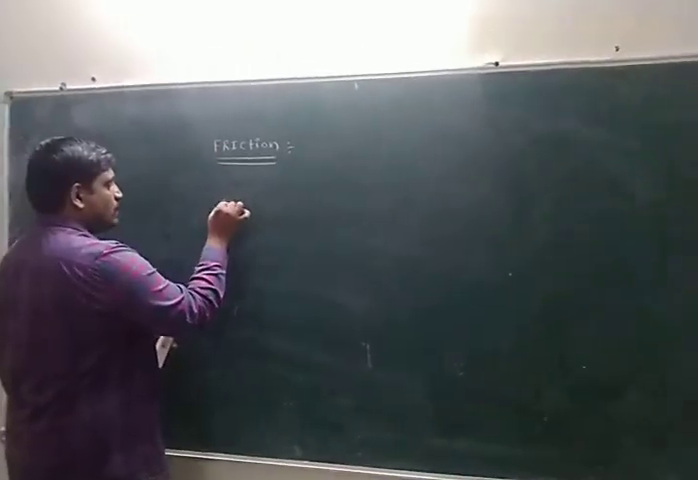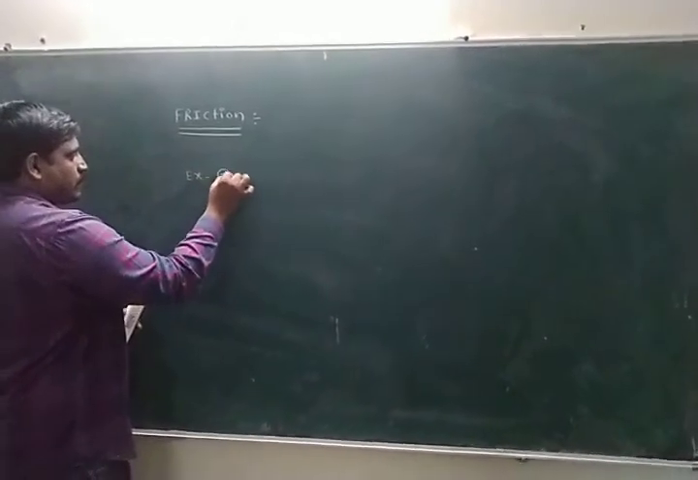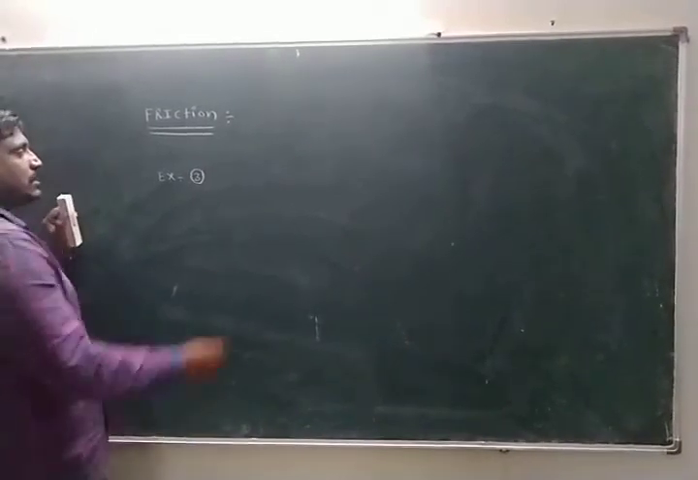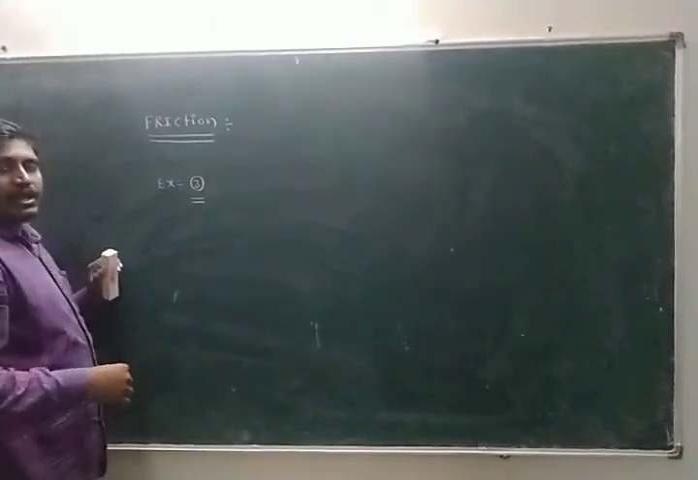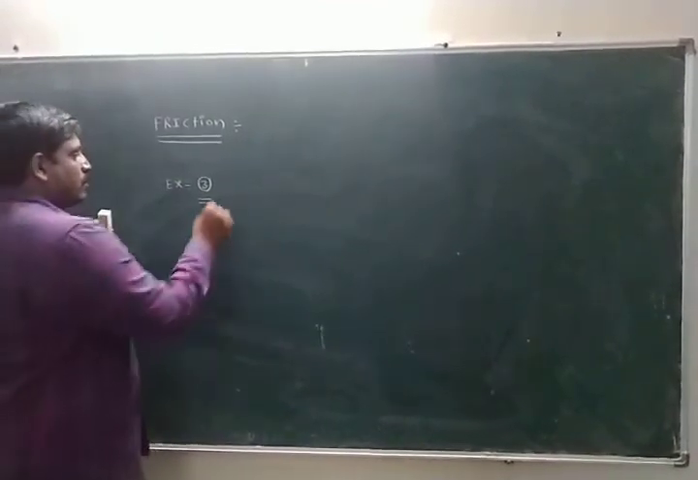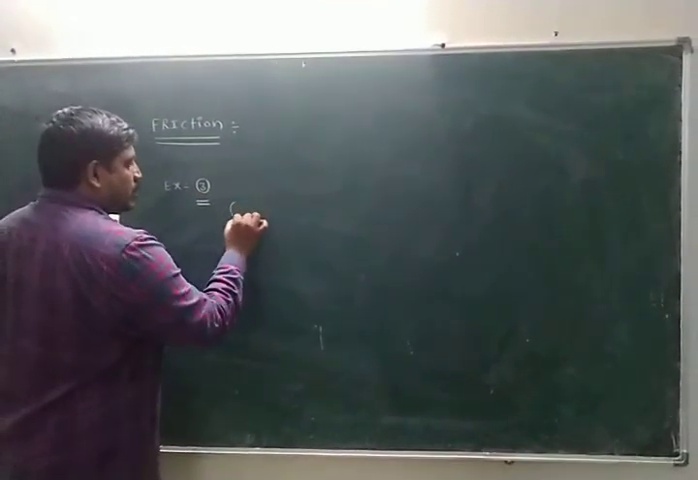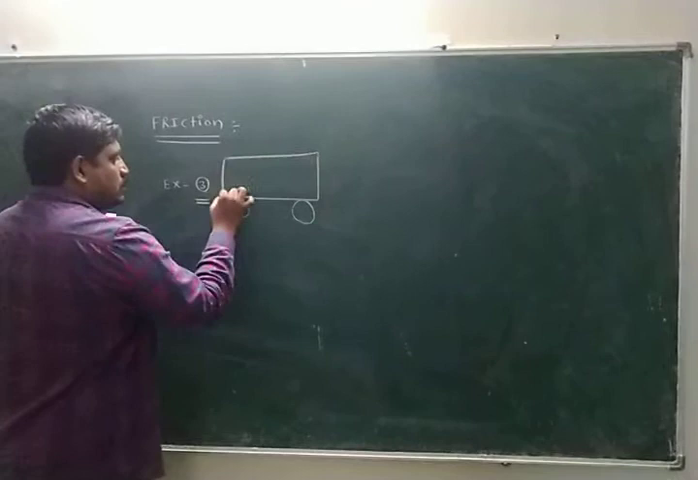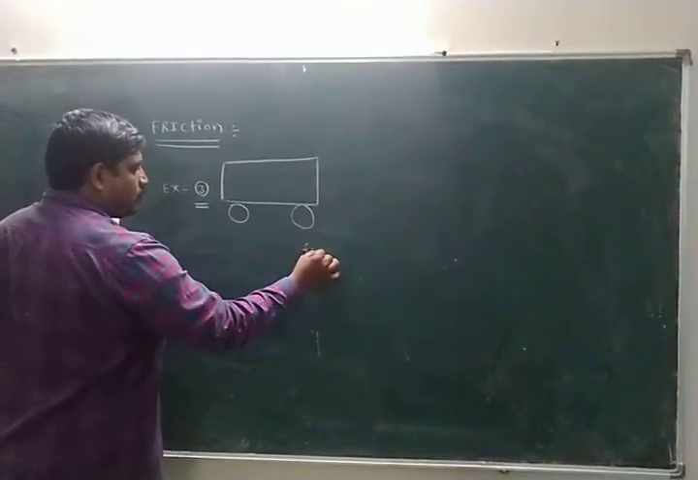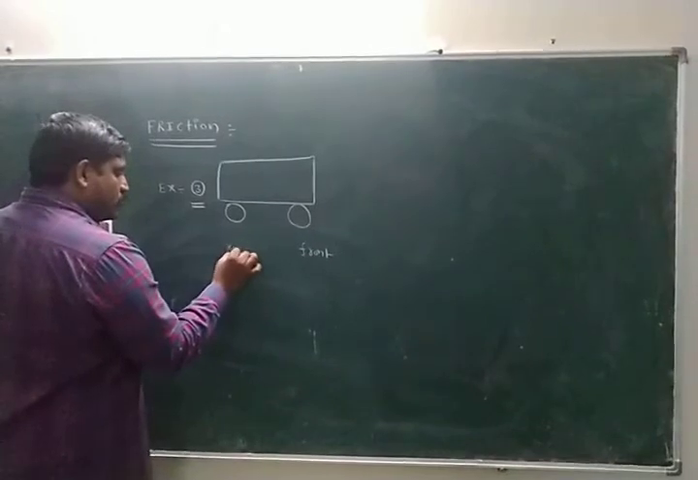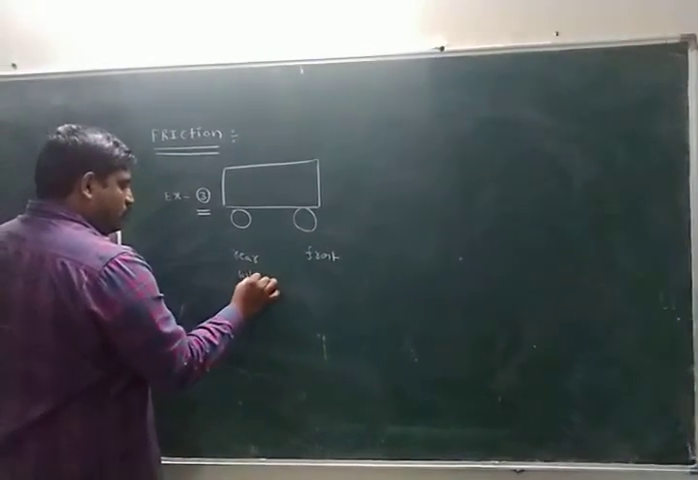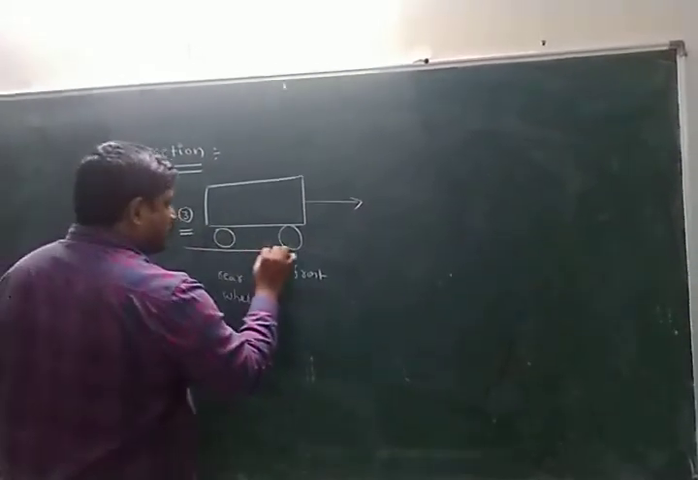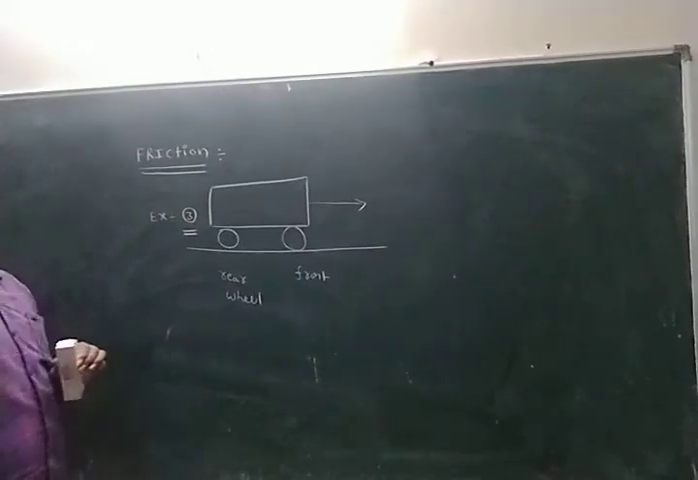Next, example 3. Here in example 3 I take a vehicle. The vehicle consists of 4 wheels. This is the front wheel and this is the rear wheel. Here the vehicle moves towards the right on the rough surface. Generally in any vehicle the